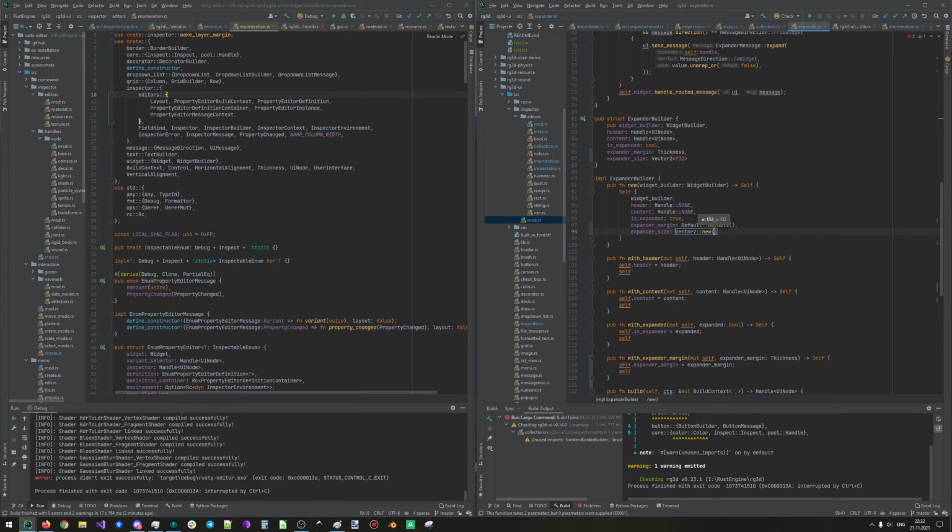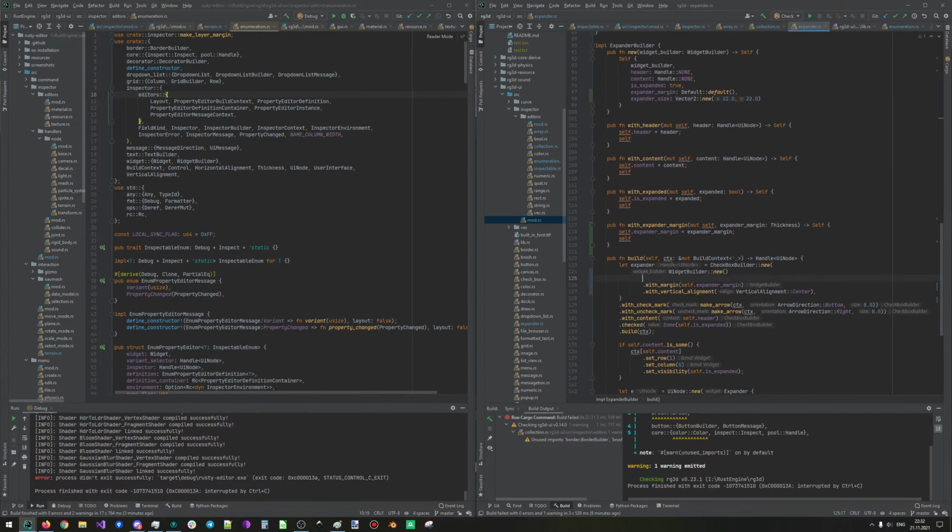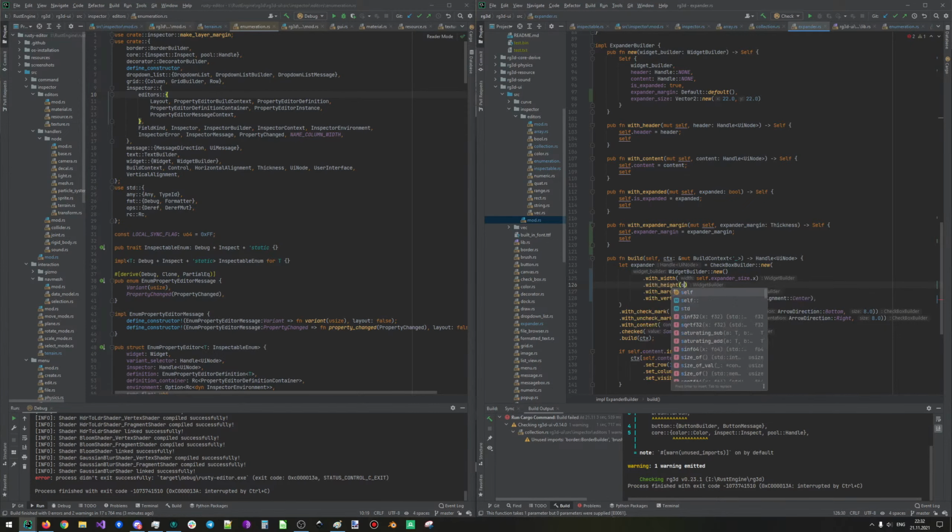We'll have this 20, maybe not, 22 and 22, and vertically. And this will have width self expander size dot x, with height self expander size dot y,